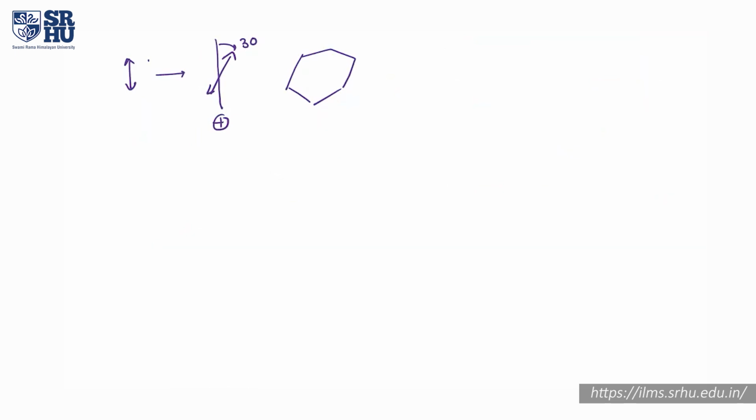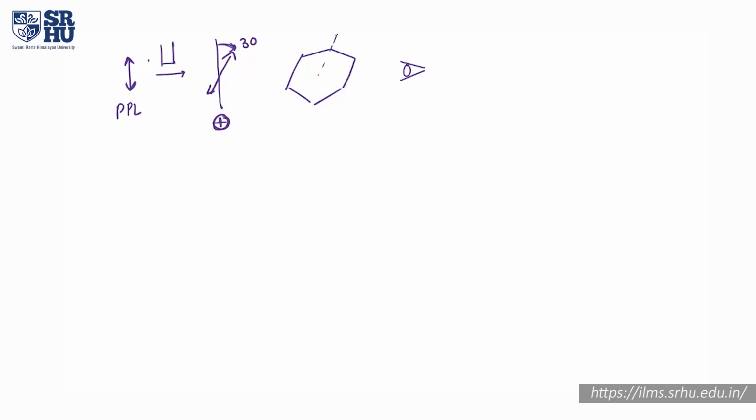Let me revise this point. You have a plane polarized light, and it has been passed through a sample, and let us say that this sample has rotated this light by 30 degrees in a positive direction, that means towards the right. That means your sample was dextrorotatory, and in order to see it through your eyes, you have to